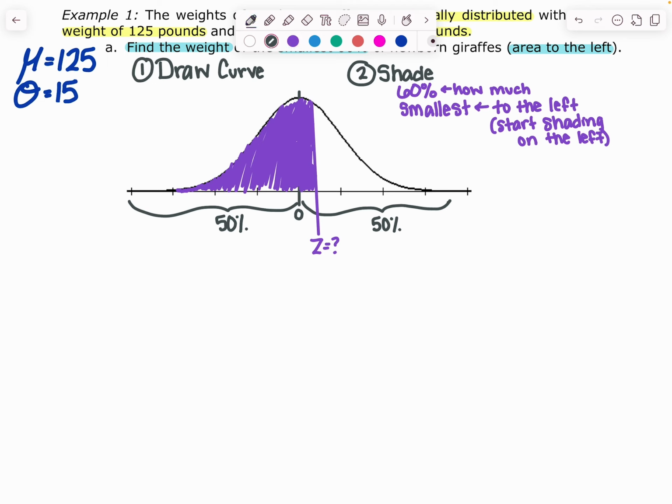So now I have where the z-score is. Everything to the left of the z-score is shaded. That's what I wanted. So now I can go to step 3, which is to use Excel to find the value of this z-score. So I'm going to write out what I'm going to do in Excel, and then we'll go into Excel and actually find this value. So in Excel, we're going to start with an equal sign, and then the function that we're going to use is